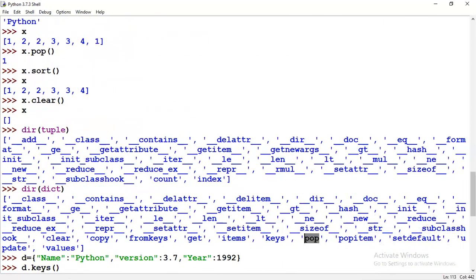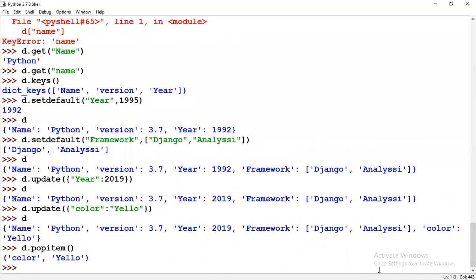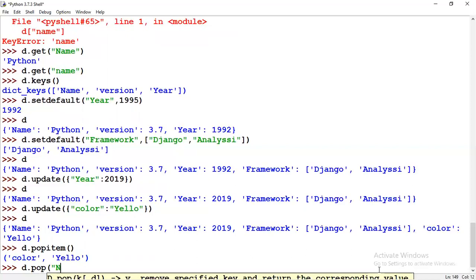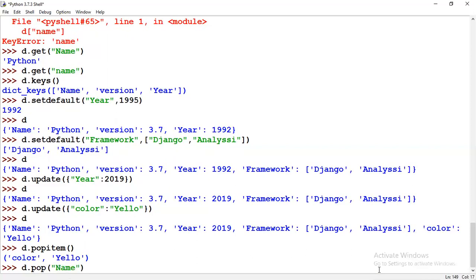See here, it's a very important thing. It will be a little tricky one. d.pop, I am giving name. Popitem removes the last key name and key value both. But d.pop('name') will remove only the name.